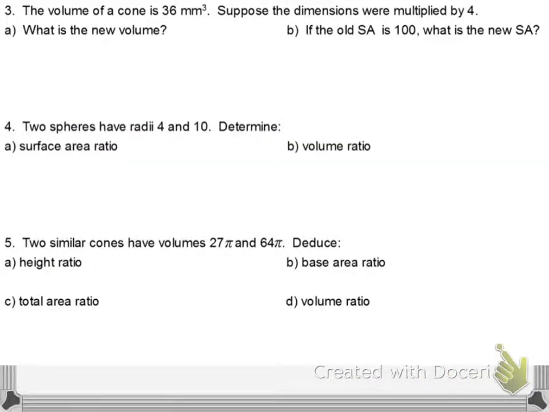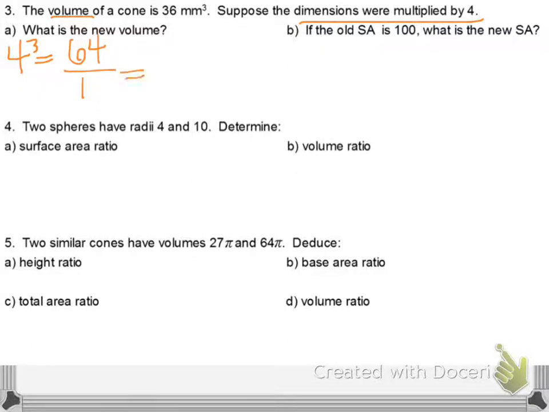Okay, number 3, the volume of a cone is 36 millimeters cubed. Suppose the dimensions were multiplied by 4. So the dimensions are being multiplied by 4, and notice here we're talking volume. And then we want to know the new volume. Well, to be able to find the new volume, we need to know the volume scale factor. So if the dimensions are being multiplied by 4, I'm going to cube that. And so my volume scale factor is 64, and I'm going to go ahead and just put that over 1